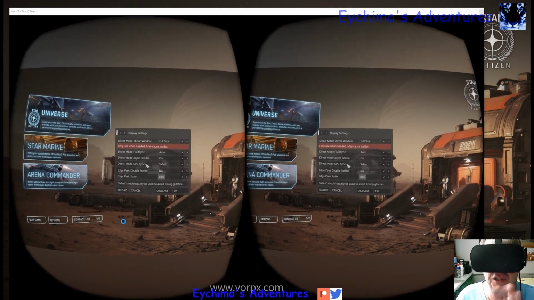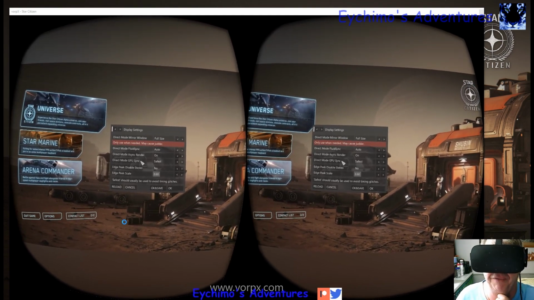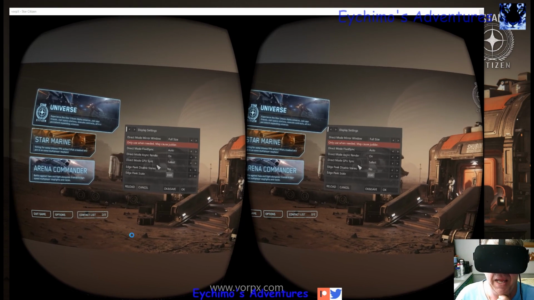GPU sync, just use safest. I have not found it makes any difference one way or the other. Edge peak